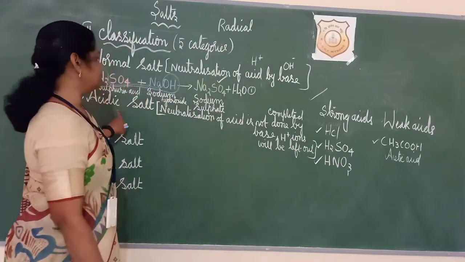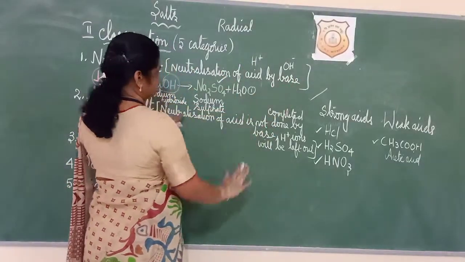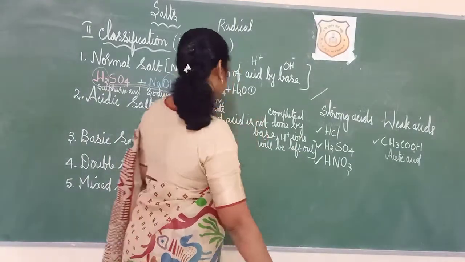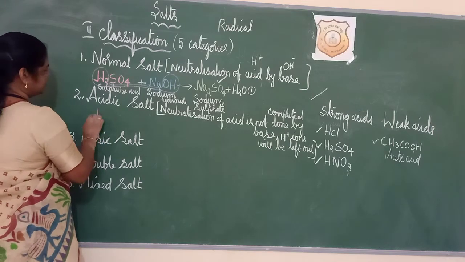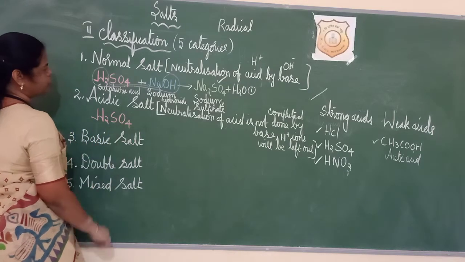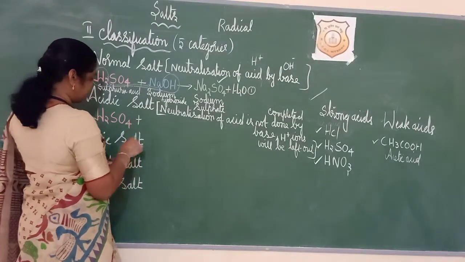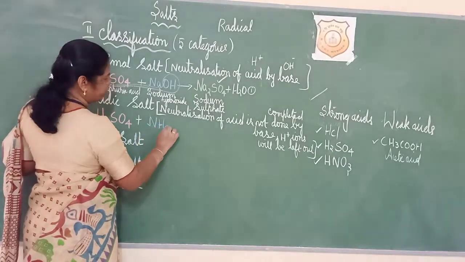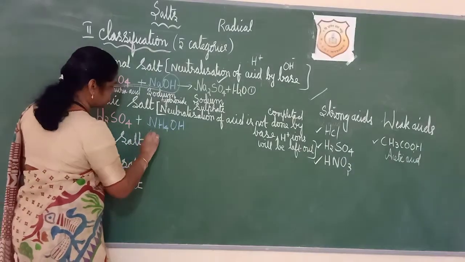Okay, during this neutralization, here full and full it will be neutralized, but here what will be left out? H plus ions will be left out. We will see the acid which we are using here should be strong. So which acid we are using? Same way, H2SO4 we are using. But the base we are using now should be weak. Shall we go for ammonium hydroxide? NH4OH. See, this is ammonium hydroxide.